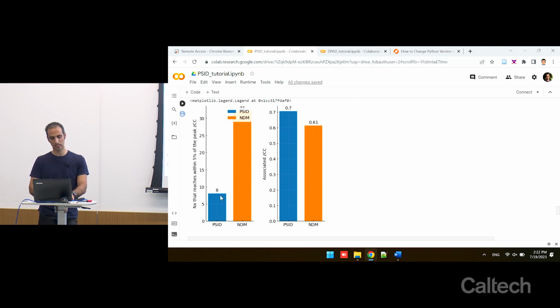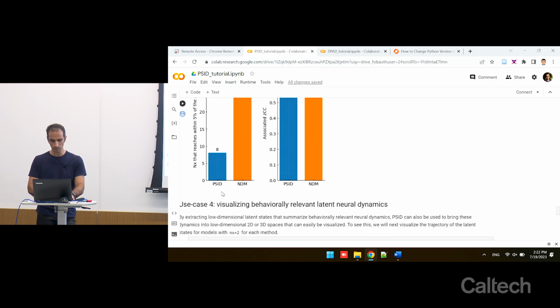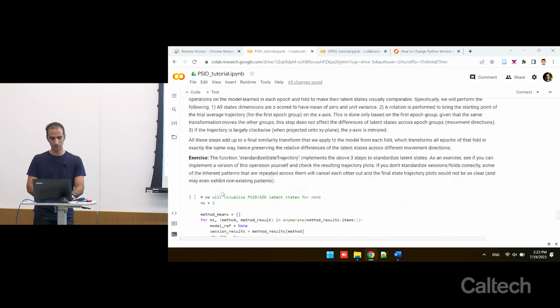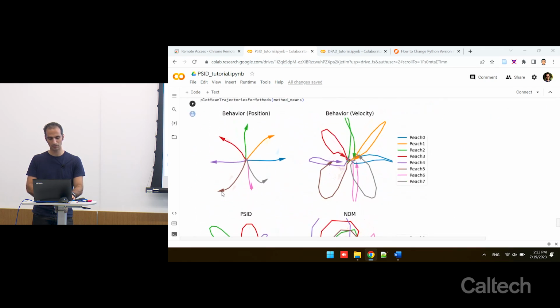So this is a visualization of how you can do dimension reduction. If you wanted a model that has low state dimensions, only 8, if you use PSID, you would have a model that captured all the behavior-relevant information in those 8 dimensions, which is a capability you wouldn't have if you do dimension reduction with NDM. And finally, the other use case is now that we have a way of doing dimension reduction to very low dimensions in a way that preserves a lot of behavior-relevant information, we can use that to visualize behavior-relevant neural dynamics. So here we learn models with 2 state dimensions, so it's easy to visualize, and then visualize those